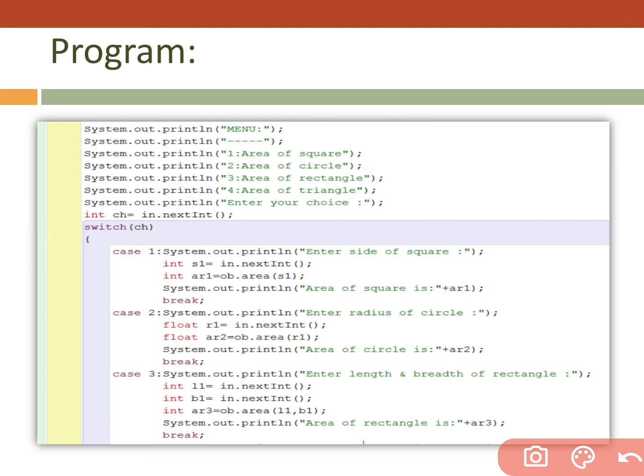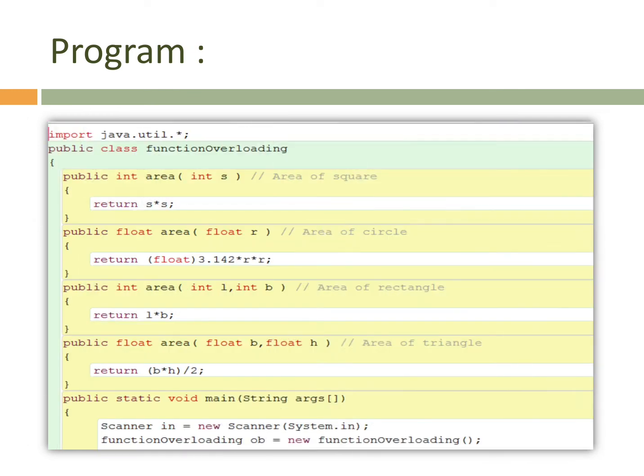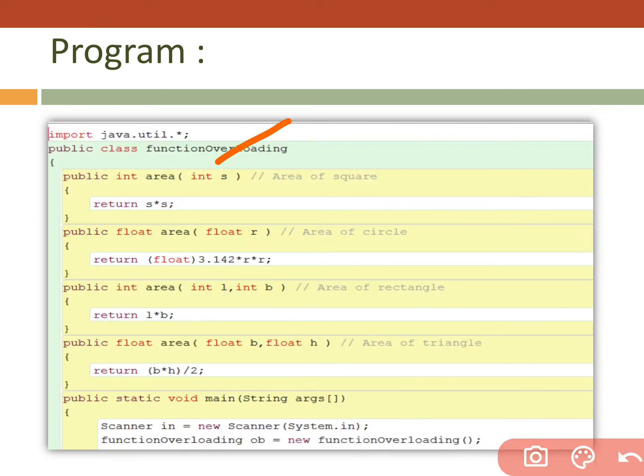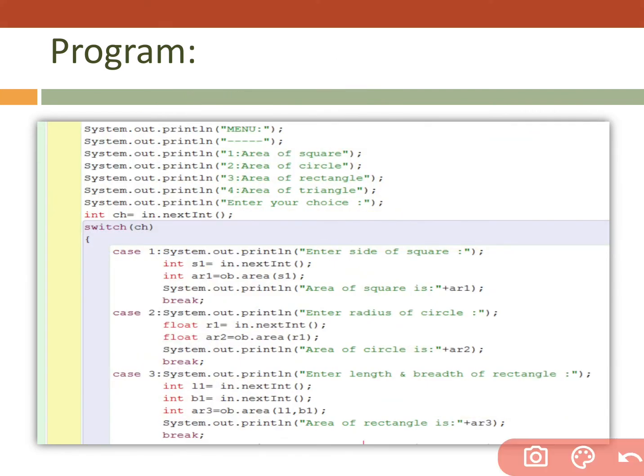And see, again, what happened? I'm getting the side, I'm passing that side in area, and then what happened? S1 is passed inside S, and side into side occurs, and we are returning that side back. Where are we returning it back? In this position we are getting the answer, ob dot area. Then I am receiving that in area1, and I am displaying it.